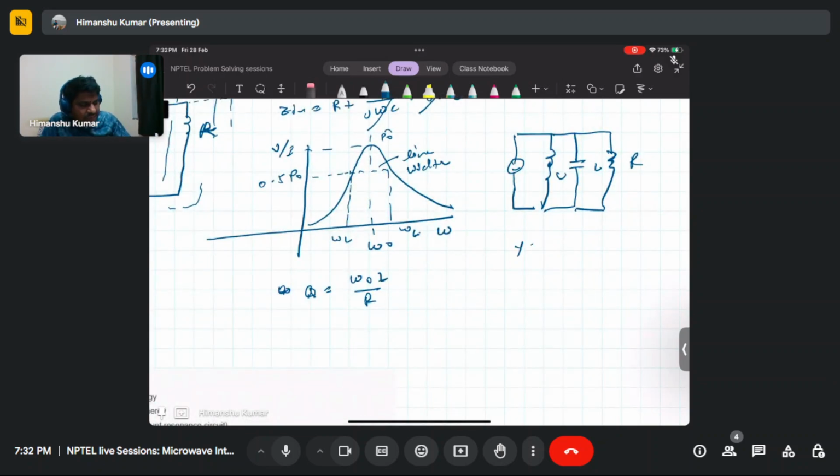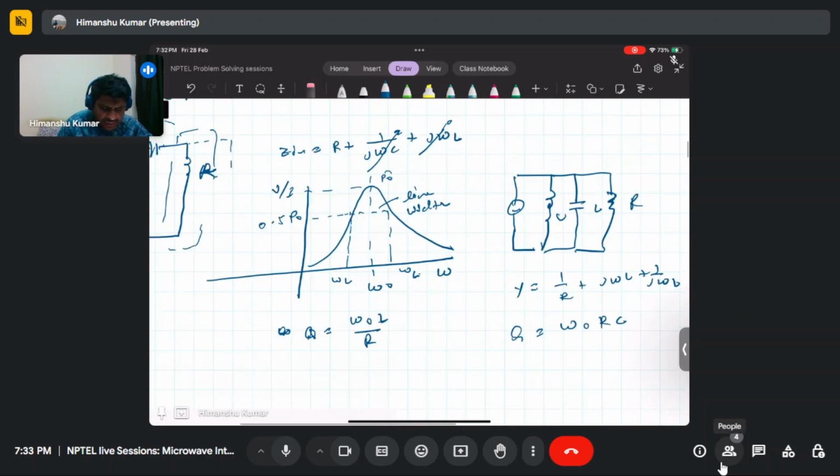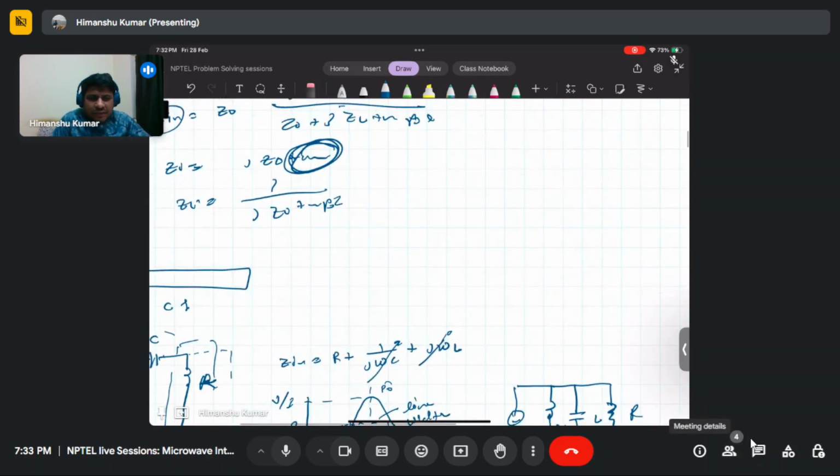The admittance equals 1 by R plus j omega C plus 1 by j omega L. The resonance condition will be the same, and the quality factor for this becomes omega naught times RC. This is the quality factor for the parallel RLC circuit, and this is the main lumped element modeling. If you have any doubt up to now,